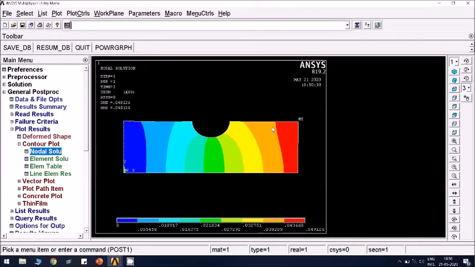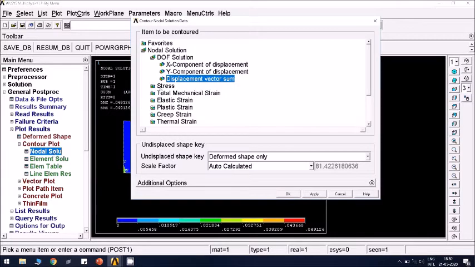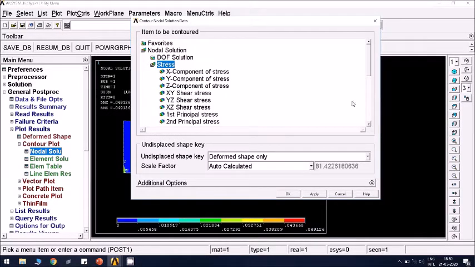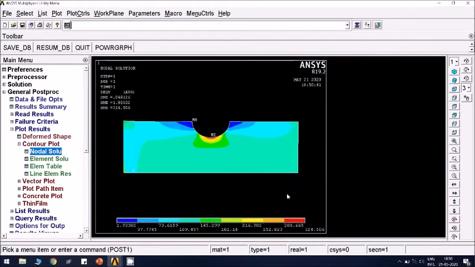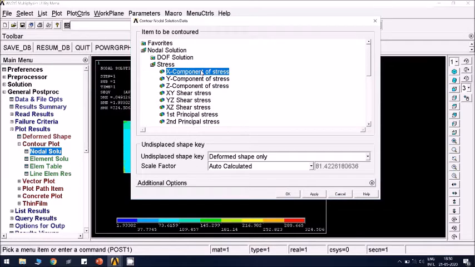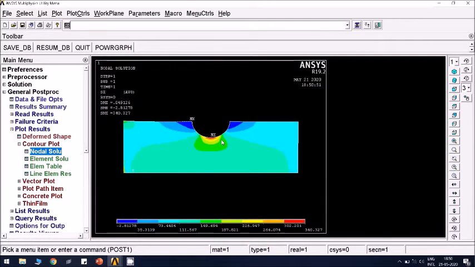This is the maximum deformation location. If you want stresses, any component of stress can be chosen. Let us say I want von Mises stress. Select this, click OK. You can see maximum von Mises stress is here and minimum von Mises stress is here. Let us plot the sigma x value. So sigma x, see sigma x is maximum here corresponding to 340.3 MPa, and here small amount of compressive stress minus 2.8 megapascal.